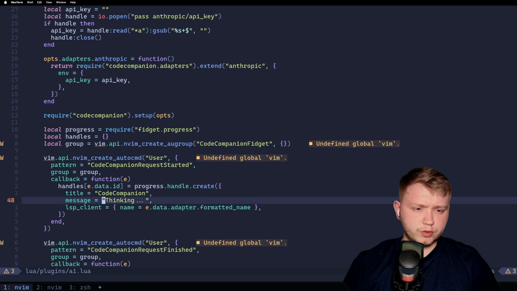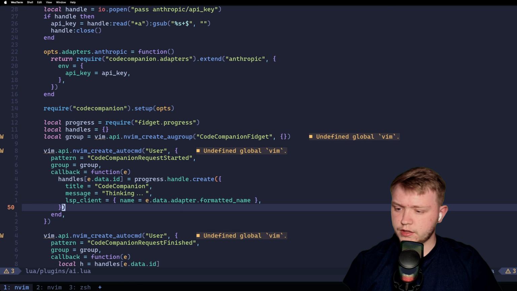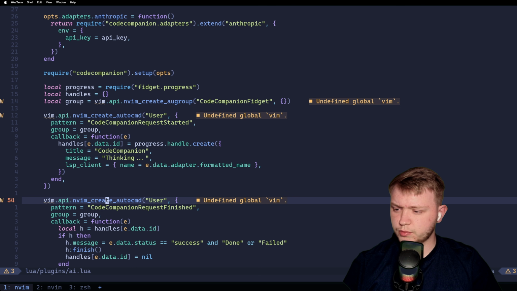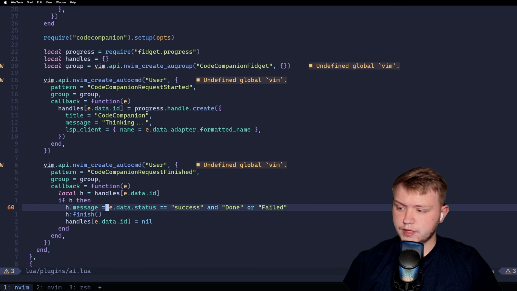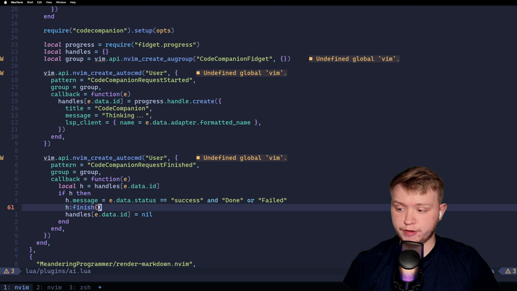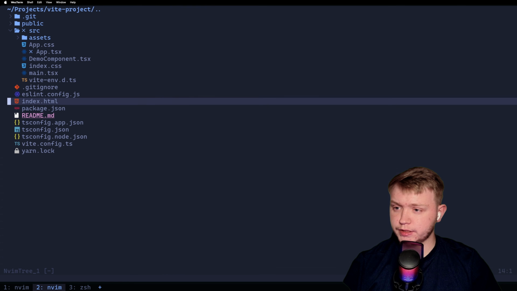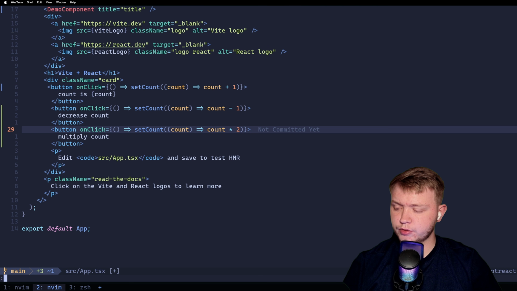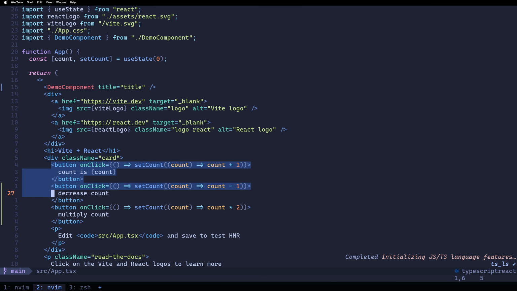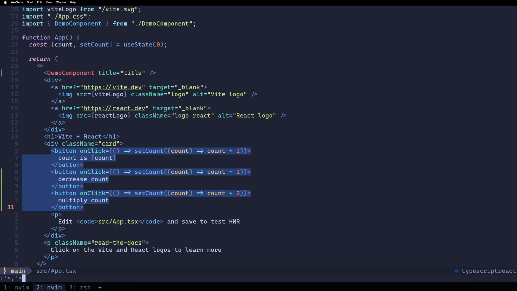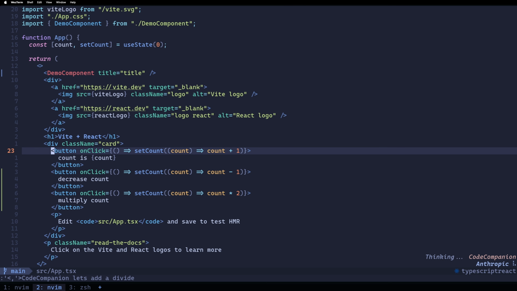Now you can add an emoji here or anything you like. This is just a basic setup. And then when it's finished, it's going to check the status. If the status is success, it's going to say done. And if not, it's going to say fail. And that's literally it. So now if we write this file and we jump in, and we just do the same thing we did before. So let's go into these buttons and we'll do colon, CodeCompanion, let's add a divide. And now as you can see in the bottom right down there, you can see it's thinking. And then when it's finally done,